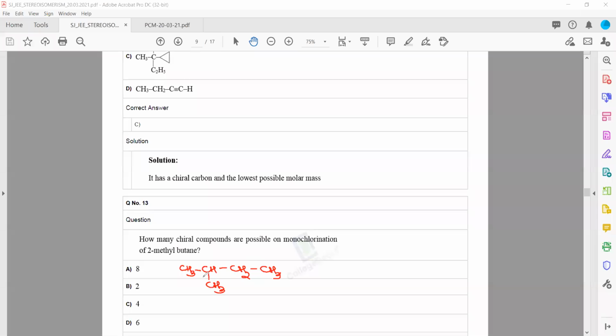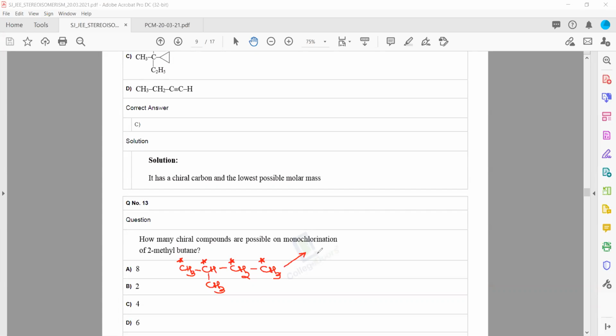There are 5 carbons and all of them have the H. Totally, I will get 4 unique structures, not 5, because these 2 methyls are identical. So whether I substitute H of this or H of this, I'm not going to have a different structure. But this methyl at the right side is different from this methyl because its adjacent carbon is CH, its adjacent is CH2. That means if I chlorinate this alkane, I will get 1, 2, 3 and 4 unique compounds. Now we have to find how many of them are chiral compounds. Did you understand the question?